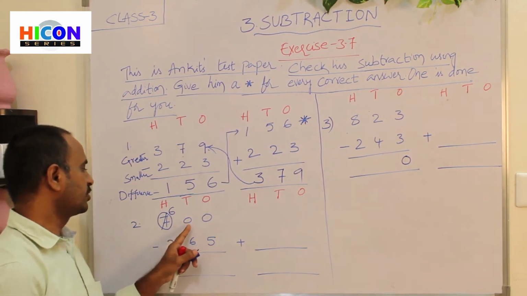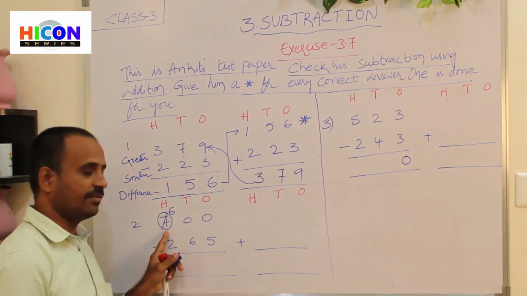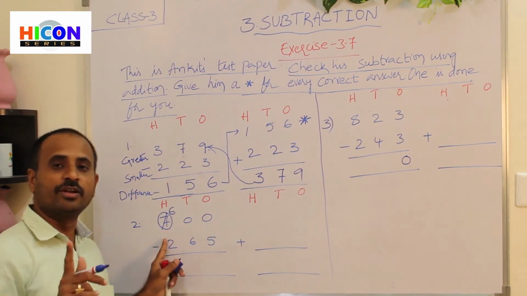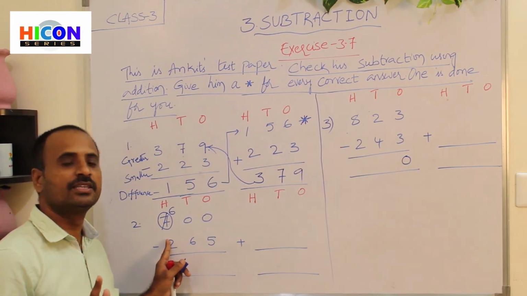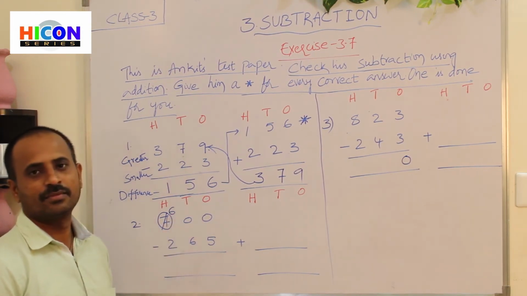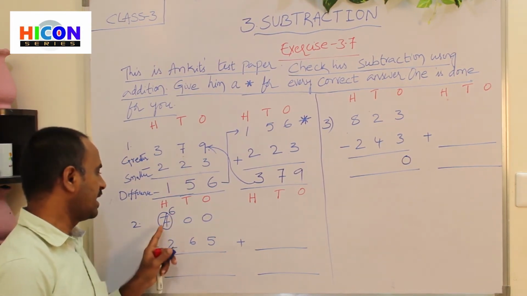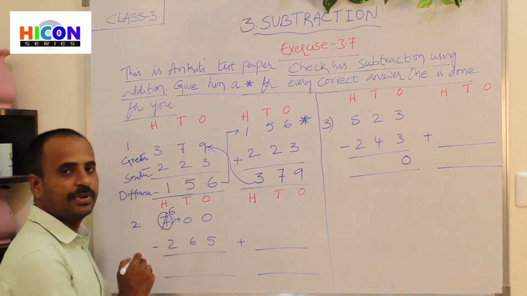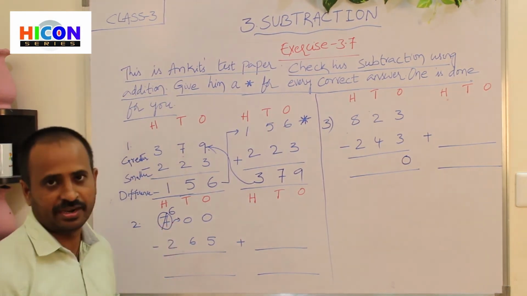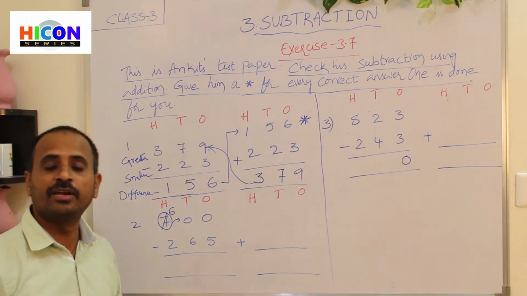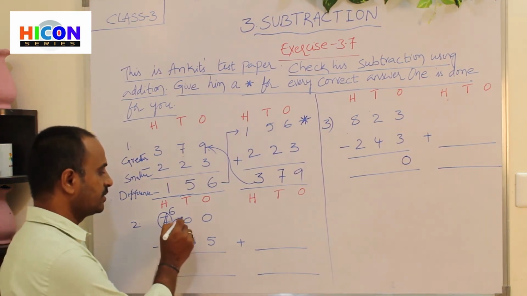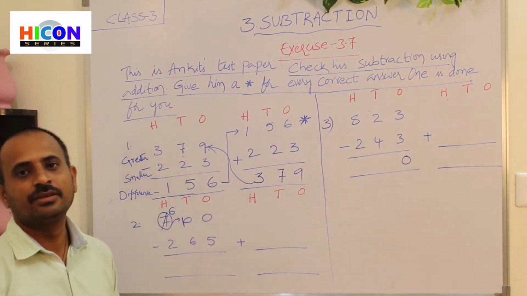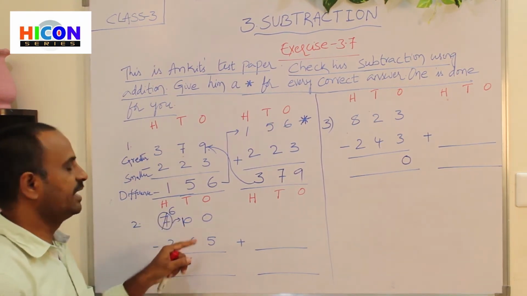So here, next go to hundreds place. There are 7 hundreds. Get borrow 100 from 7 hundreds. If you get borrow 100 from 7 hundreds, there will be 6 hundreds. So now carry 100 to the tens place. If you carry 100 to the tens place, it will become how many tens? It will become 10 tens. So simply write 1 before the digit. So that means there will be 10 tens.